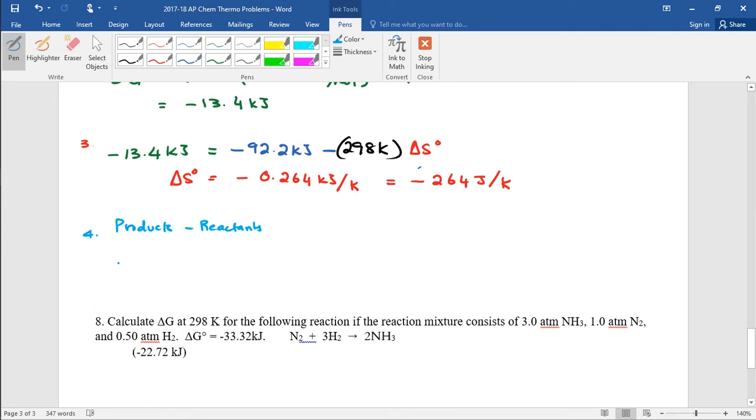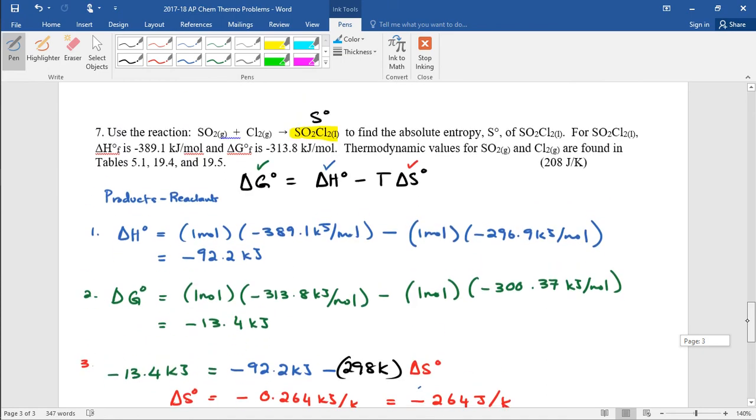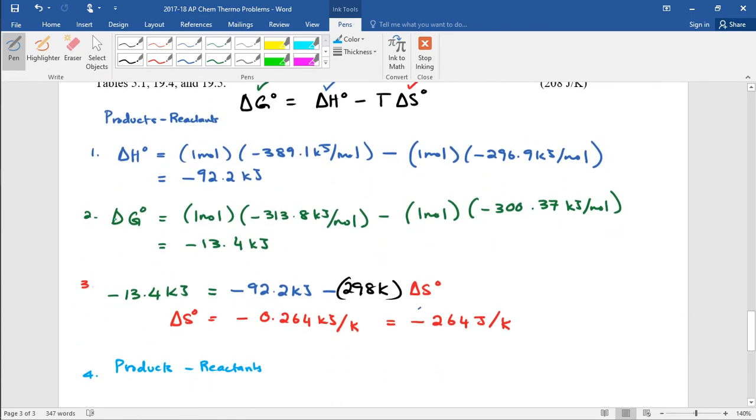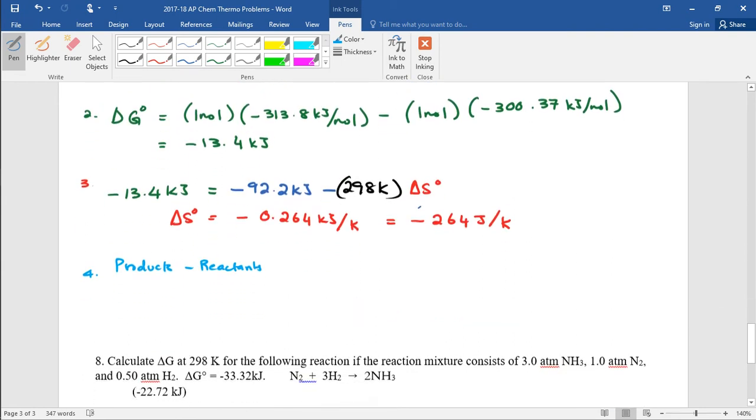So this is going to be set up. See, I have delta S standard. You know that when we earlier found products minus reactants, we were solving for delta H or delta G, but now I have delta S, but I don't have my product. So my product is unknown, okay? So this is going to be negative 264 joules per Kelvin equals X minus, so my product is unknown. X minus